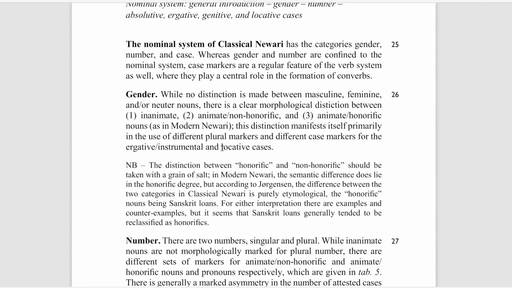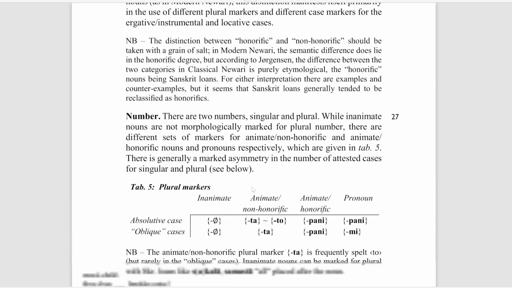So for honorific subjects, we have different ways of making it plural, and it goes with different verbs. Basically, for honorific beings, more Sanskrit words are used. This is the same in Tibetan. And for non-honorific, it's more simple and more Newar-derived words are used here. So we can see the examples later. And we have numbers. We don't have dual, but we have singular and plural.